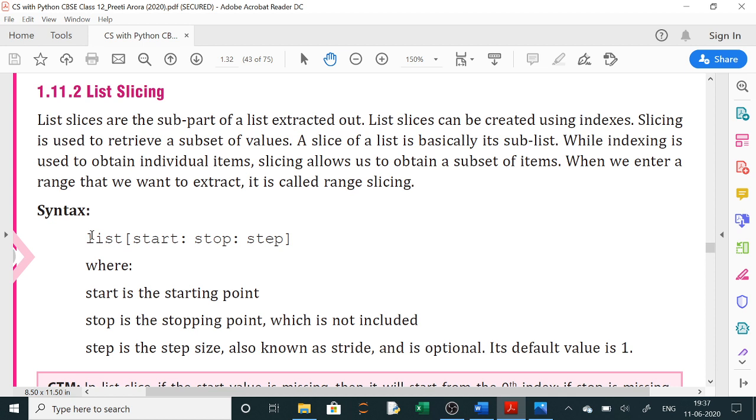A slice of a list is basically its sublist. While indexing is used to obtain individual items, slicing allows us to obtain a subset of items. When we enter a range that we want to extract, it is called range slicing. Clear? So in this list slicing we are extracting a part of the list.